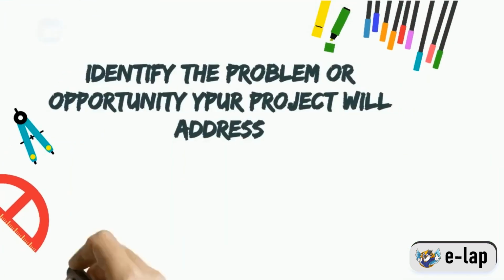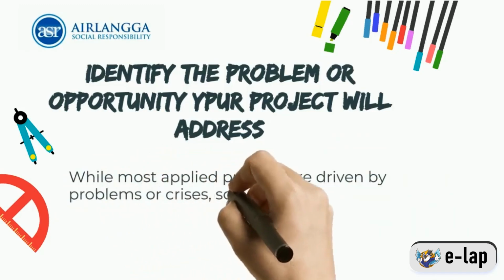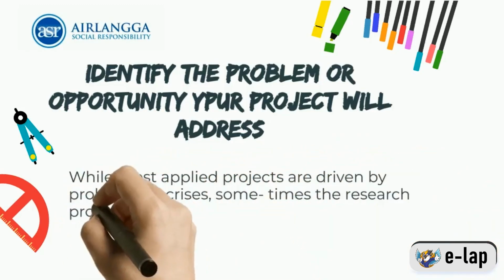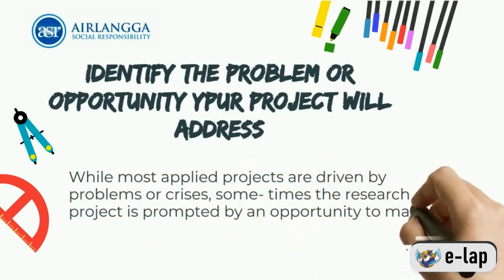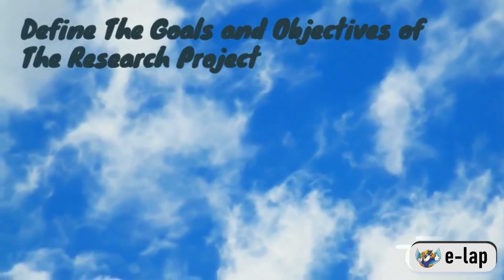There are important different components. A. Identify the problem or opportunity your project will address. A useful problem statement contains a specific social condition and negative consequences, both supported with accurate data from reputable sources. Problem versus opportunity: while most applied projects are driven by